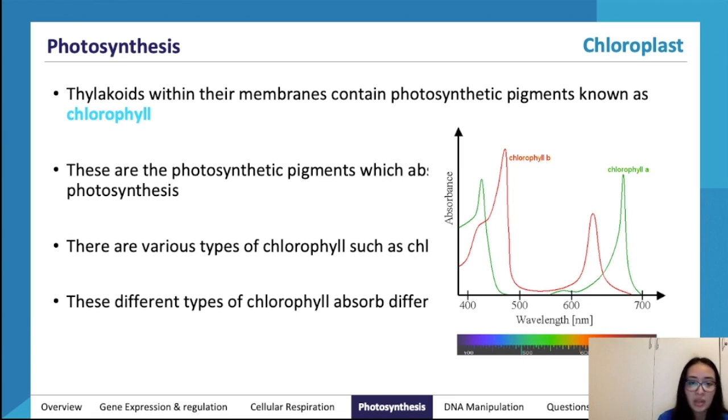So thylakoids within their membranes contain photosynthetic pigments known as chlorophyll, and these are the photosynthetic pigments which absorb light in photosynthesis. The various types of chlorophyll, such as chlorophyll A and B, you don't need to worry too much about them, but these different types of chlorophyll absorb different wavelengths of light. I don't think you need to know too much about this here. You can see that you've got a high amount of light absorption occurring at like blue light and a high amount at like red light, but not a lot of green light. This is because the plant actually reflects the green light and doesn't actually absorb it, and that's why they appear green, because they've reflected